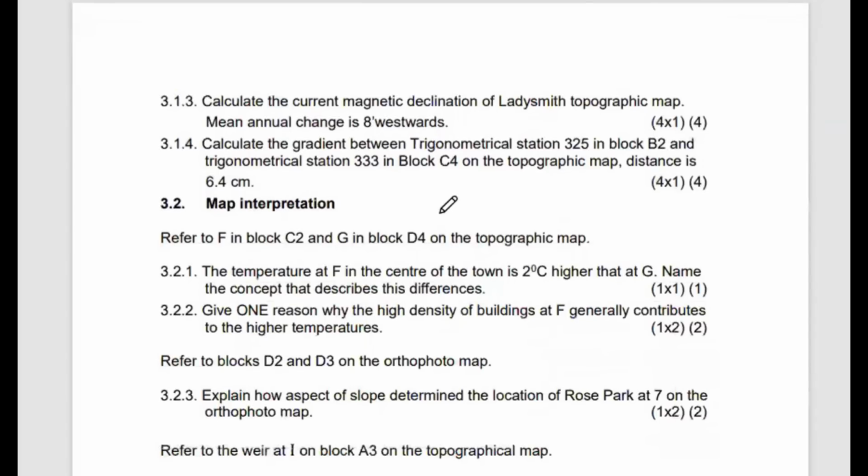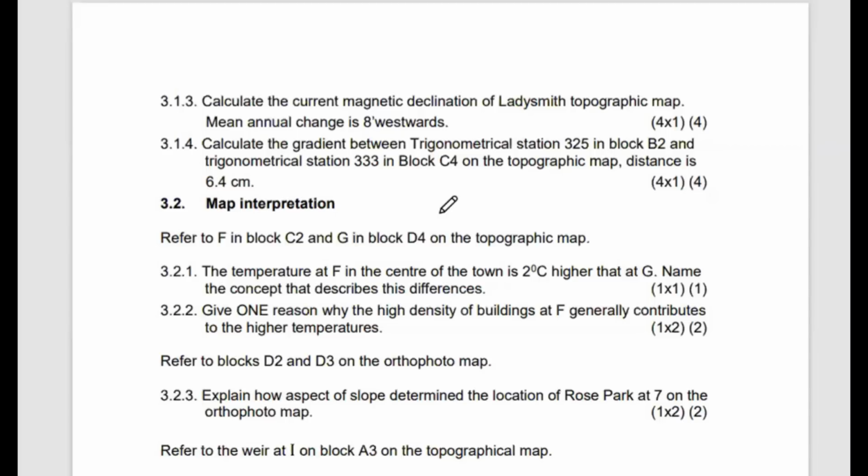It says, calculate the current magnetic declination of Flat Smith on the topographic map. You are supposed to use the map information to calculate the current magnetic declination. You use the map information and follow the steps of calculation using the mean annual change of 8. So from the year on the map, you need to calculate the difference in years from the current year